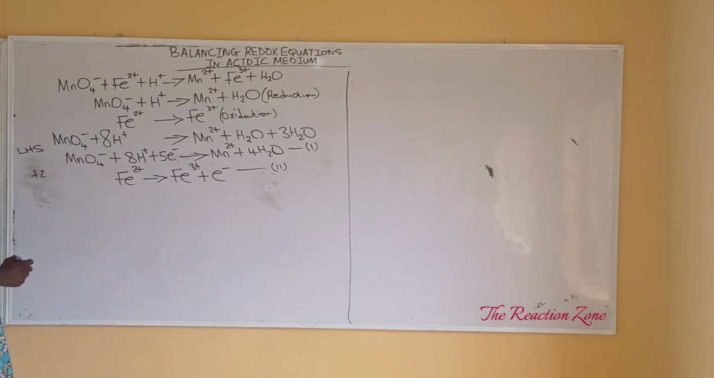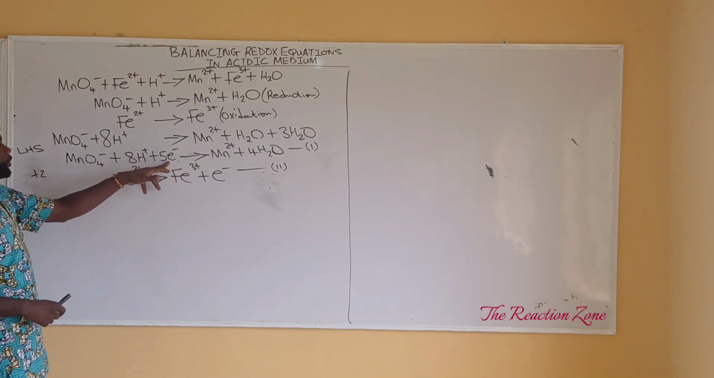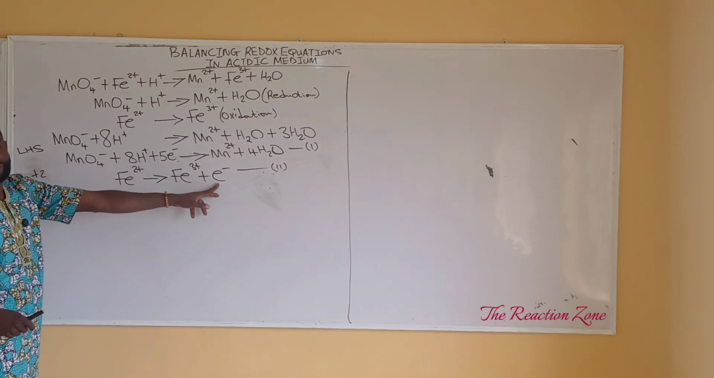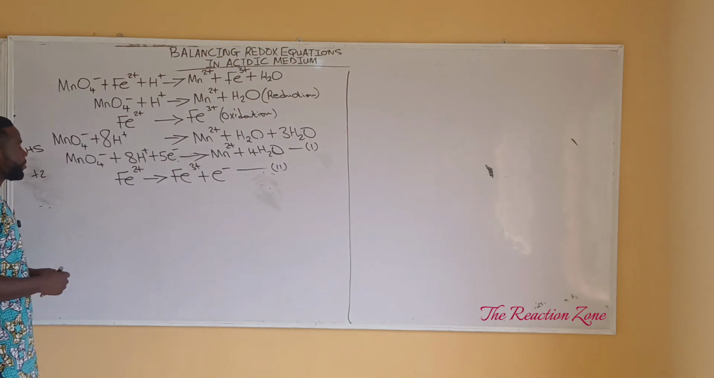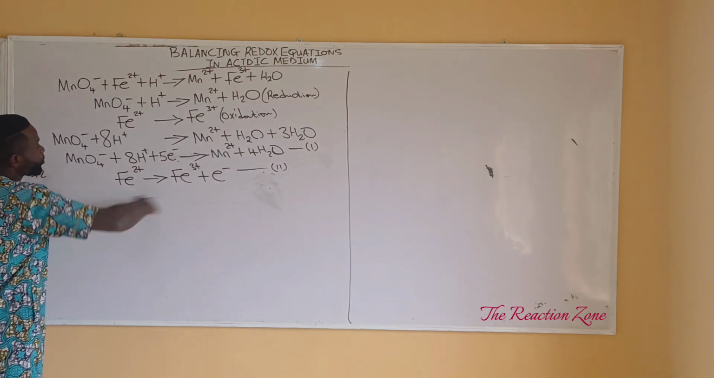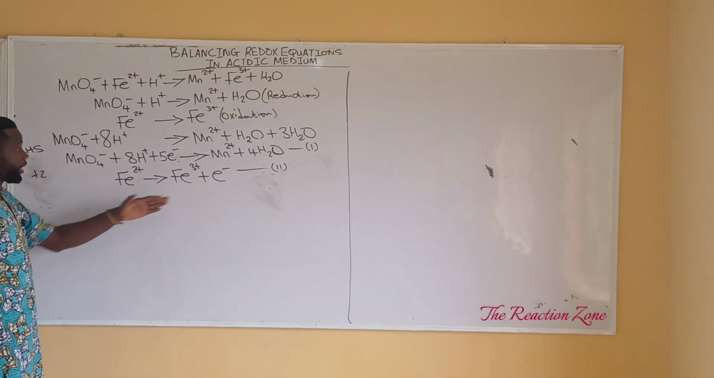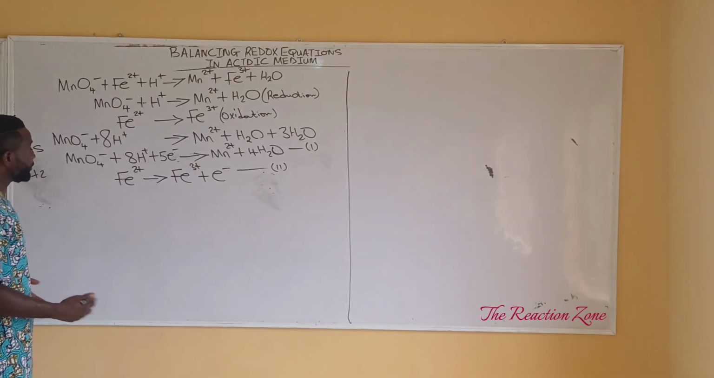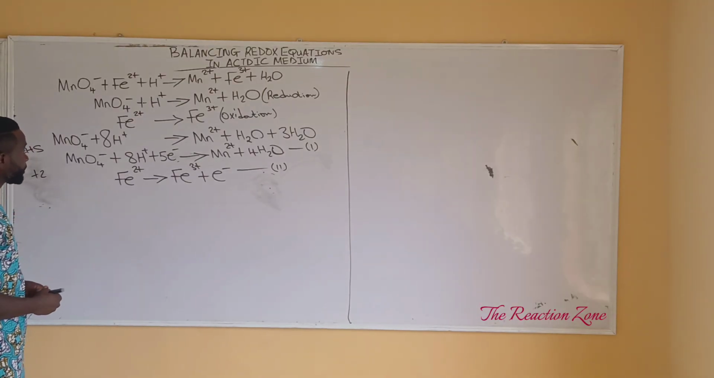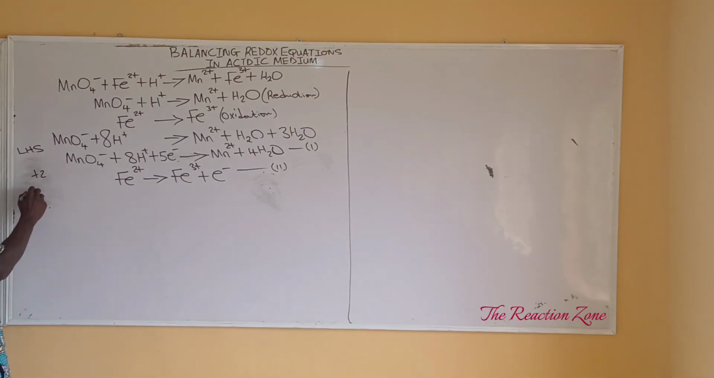The next thing now is to balance the electrons in both half equations. There are 5 electrons in equation 1, there is only 1 electron here. So that means if you multiply equation 2 by 5, the electrons in both half equations will be the same. So equation 2 multiplied by 5 will give